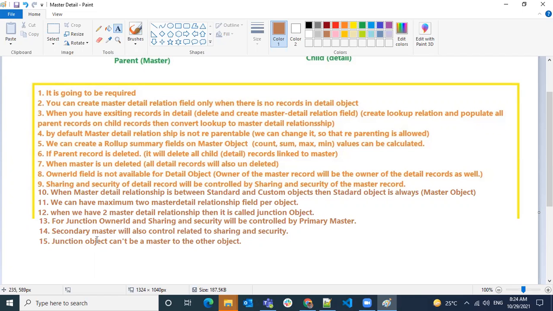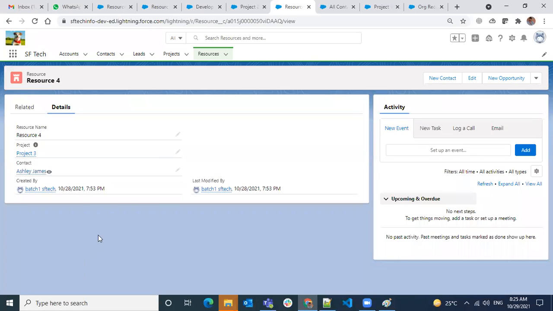Now going to roll-up summary fields. Where can we create a roll-up summary field? Only on the master object. We can create the roll-up summary fields on the master. So what is the master here? We have resource, project, and time log.